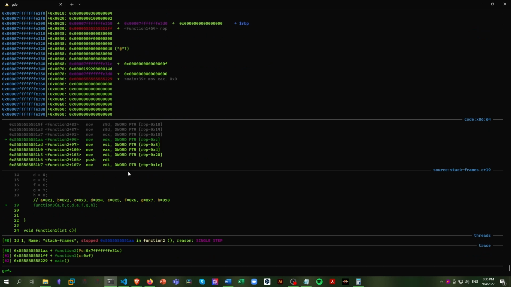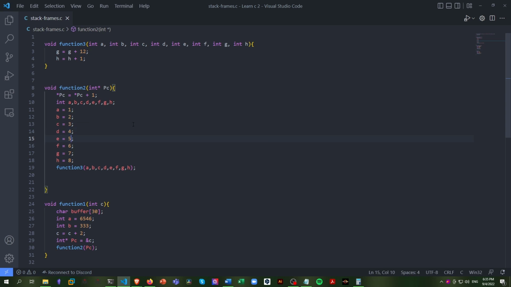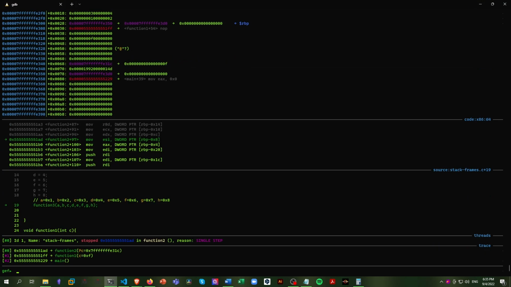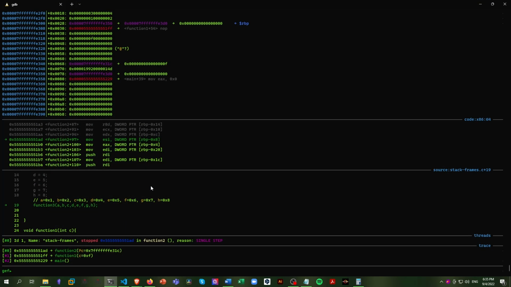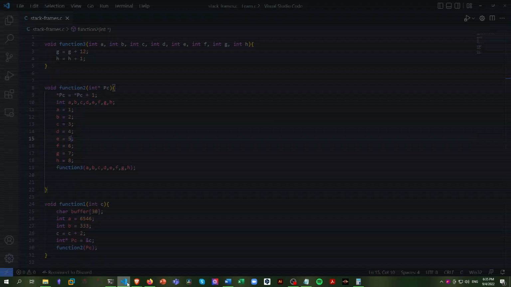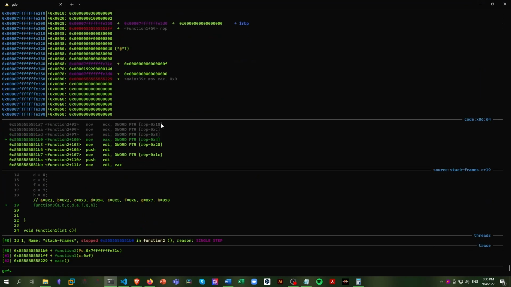Then it's gonna move into EDX c, which is equal to 3, into ESI b, which is equal to 2, and then into EAX it's going to move the first argument, a, which is equal to 1. It's going to move into EAX. You're going to see why next. Okay, then it's going to move into EDI,